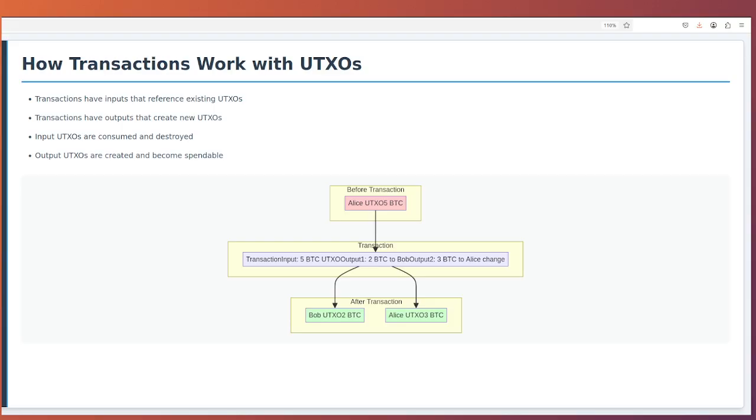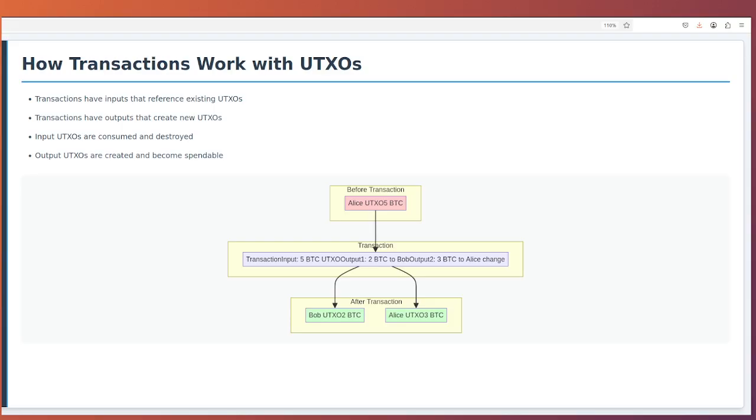Let us walk through a concrete example. Imagine Alice has a UTXO worth 5 Bitcoin. She wants to send 2 Bitcoin to Bob. Alice creates a transaction with one input, her 5 Bitcoin UTXO. The transaction has two outputs. One output creating a 2 Bitcoin UTXO for Bob, and another output creating a 3 Bitcoin UTXO back to Alice as change. Once this transaction is confirmed,